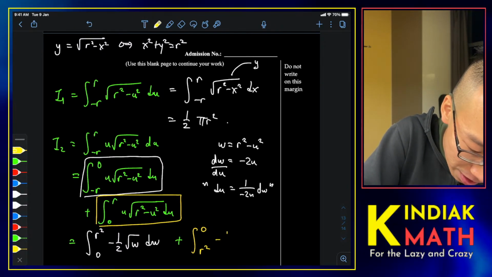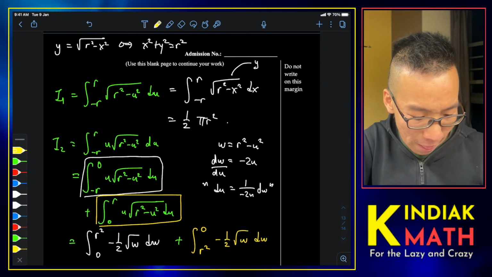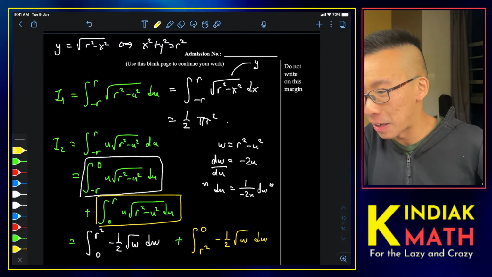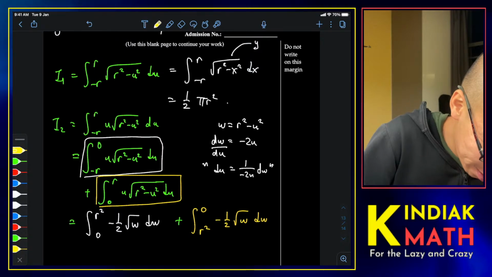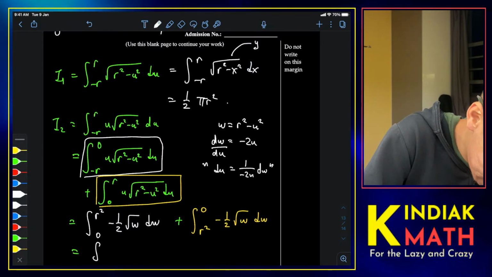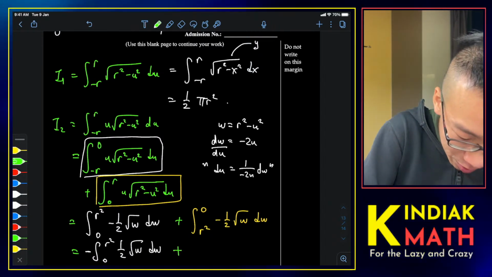So it's minus half root w dw. Alright, magic's gonna happen and there's no need for integration. Because, check this out. It's amazing. You can bring the negative sign out. But on the left here, we can